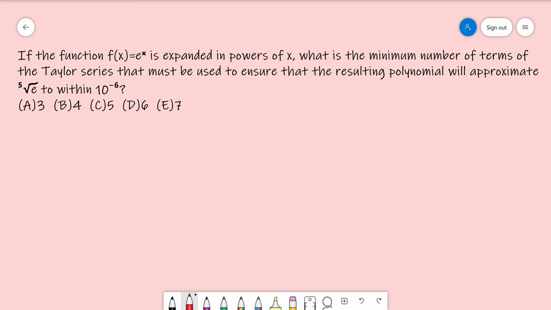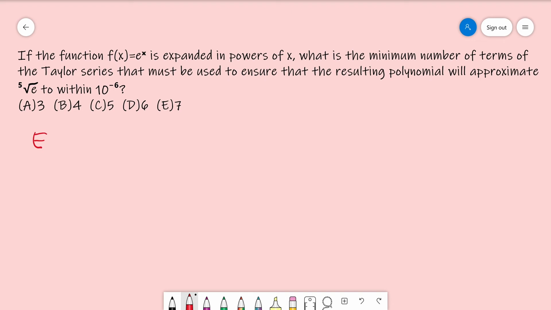We know that the more terms we take, the smaller the error is going to be. So the question is, what's the smallest number of terms that we can take and still have an error of less than 10 to the negative 6 when we calculate the fifth root of e? Remember, you have to remember that the error term, if you have a Taylor